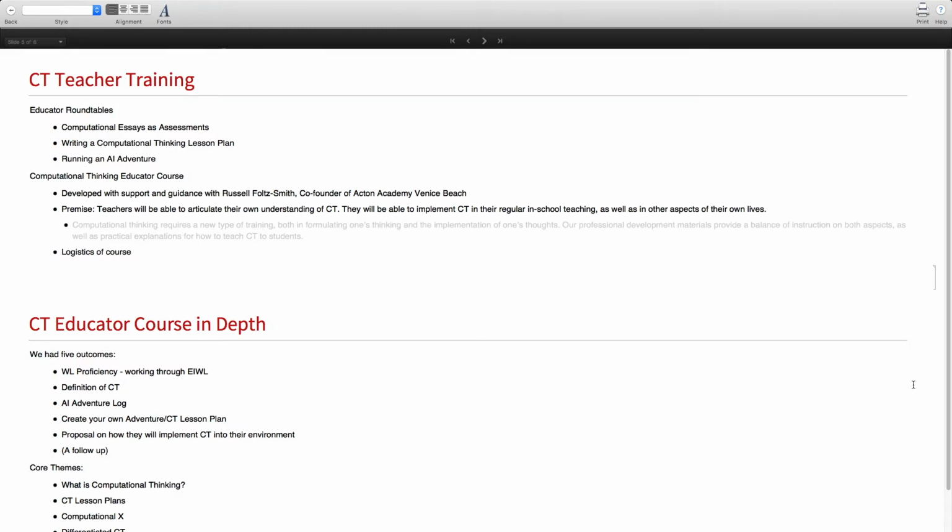Then we decided to provide the training where if someone wants to run these activities on their own, they can go ahead and do that, but they just need a little bit more guidance, a little bit more confidence. So that's when we hosted Running an Adventure, and one of our CTI ambassadors led that discussion himself, as he is someone that has run several of those.